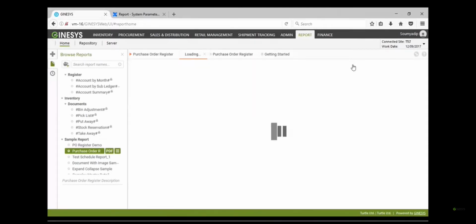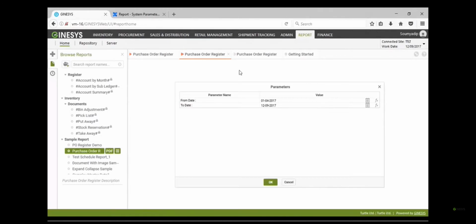And see the date from and date to, it is already assigned, and see the accounting fiscal year start date and the work date. If I change the work date, then the to date will automatically change. So I can specify my own values over here.